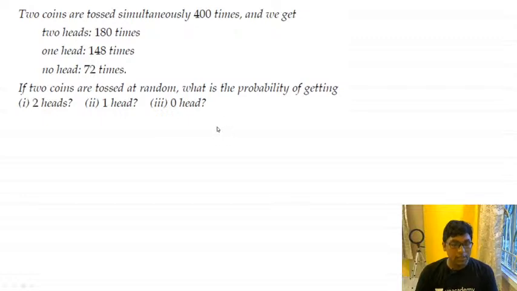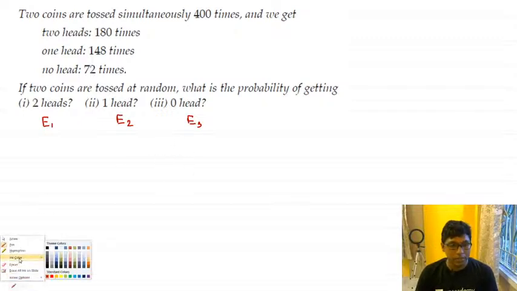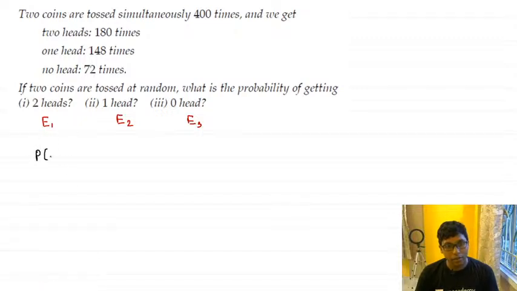Two coins are tossed simultaneously 400 times and we got two heads 180 times, one head 148 times, and no head 72 times. The question is, what is the probability of getting one head, two heads and no head in a random experiment? So I consider this event to be event 1, this event to be event 2 and this event to be event 3. Then the probability of event 1 is going to be